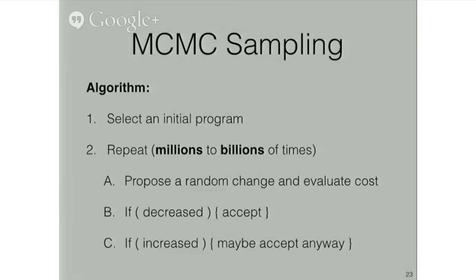We propose a random modification to the current rewrite and evaluate the cost function. If the cost function has decreased, meaning the code has either gotten faster or more correct, that's great. The modification is accepted and the current rewrite is updated. But if the cost function has increased, meaning the code has gotten either slower or somehow more broken, with some probability, which I'll call an acceptance probability, depending on how bad that increase was, it might be accepted anyway. And that's all. When time is up, we simply look back at all the samples we've taken, and we return the lowest cost sample that's also correct to the user.